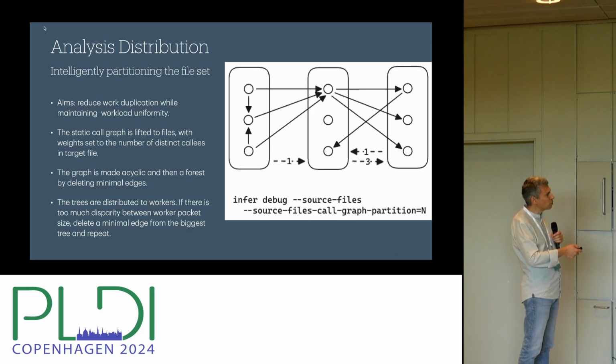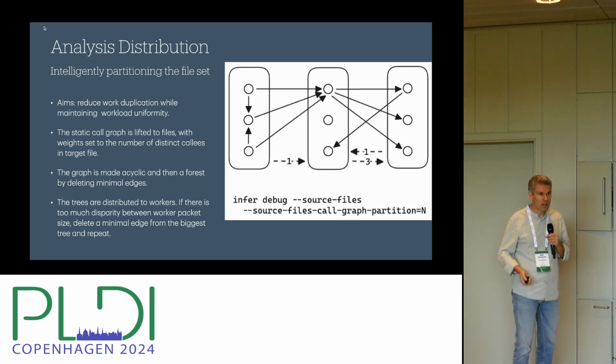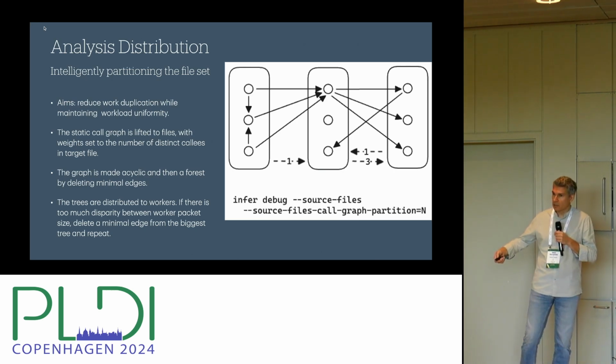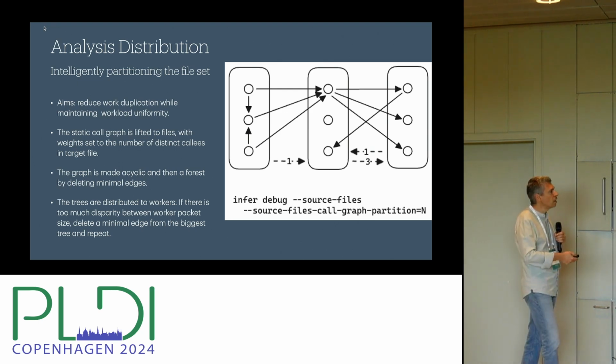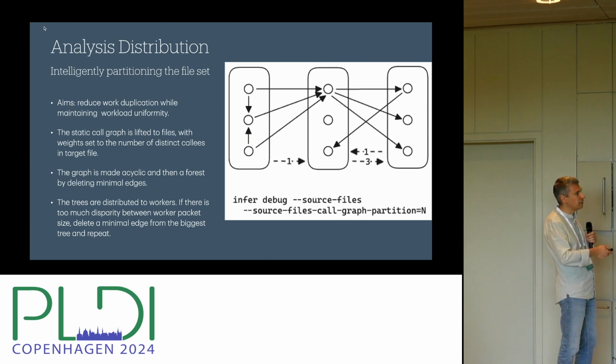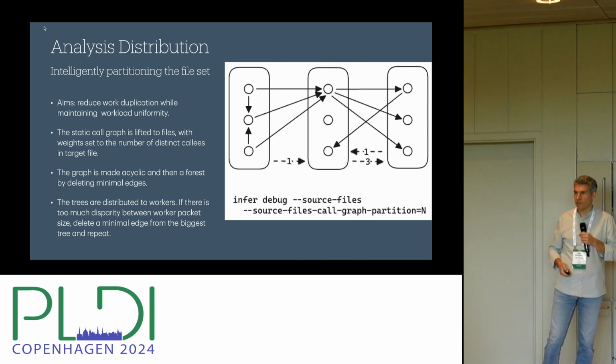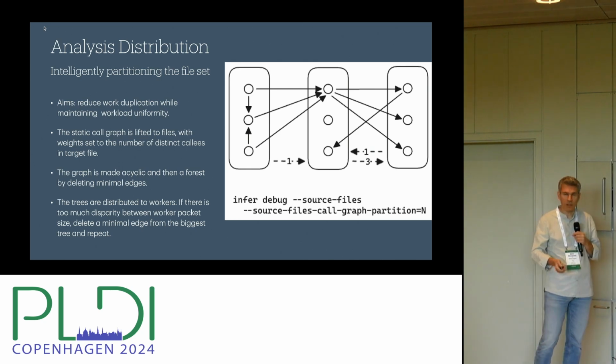And I have drawn some dependency arcs. What happened is that if we lift in a trivial way this relation to files, then we're just going to end up with an arc here, an arc there, and an arc back. But this doesn't really represent how much work is entailed to cross these edges, if you like. You know, how much does this file need that file, all the summaries in that file? Okay, that's not captured if we just lift